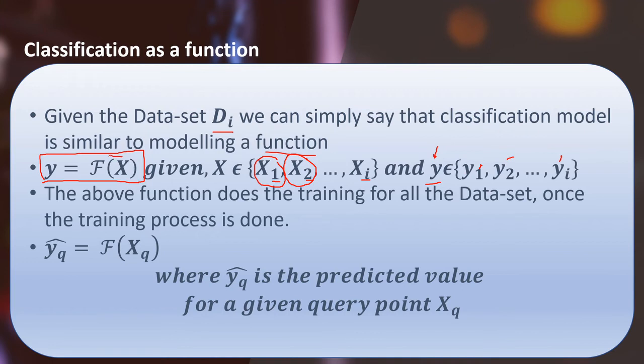So that means this f, or this function, is actually our classification model. We are giving our input x. Also, we are giving our input y. Now, to be specific, there is a correction. This should be y hat because this is the predicted label we are getting. And here, along with x, we will give the original y, which is actually our label vector. So once this training has been done, we have the model, which is in turn this function f.